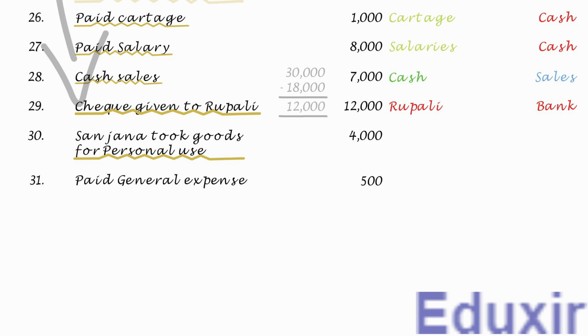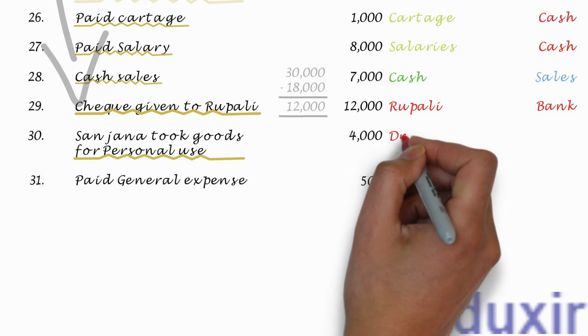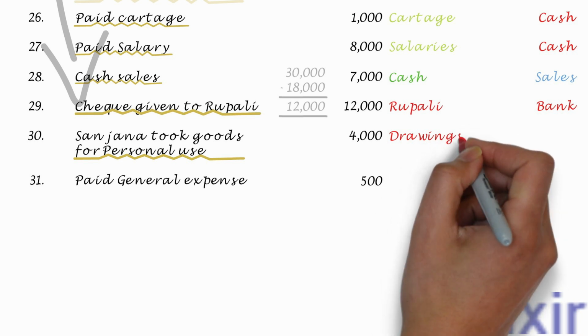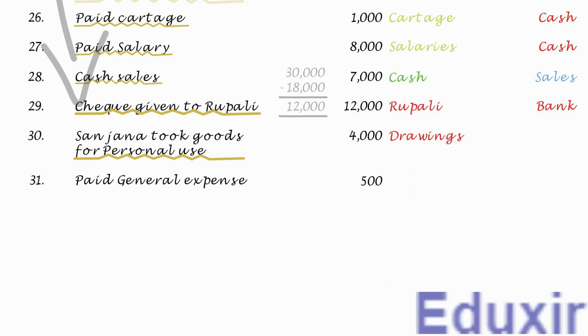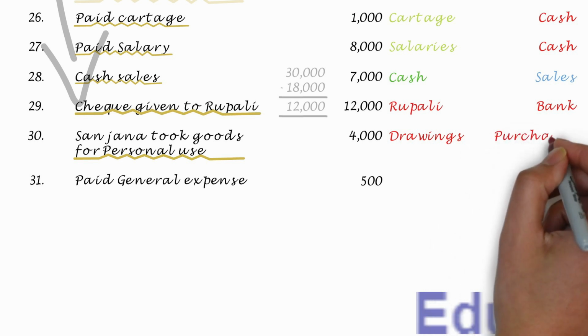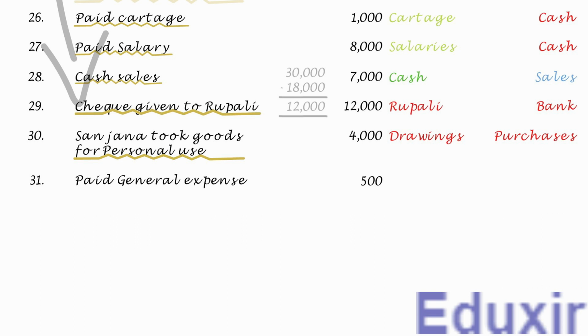With this information at our disposal, let us proceed with the analysis of this transaction. When the goods are withdrawn by the owner for personal use, it reduces the capital. The rule to record any decrease in the capital is to debit the corresponding capital account. In this case, the drawings account should be debited, not the capital account. At the same time, as the goods are withdrawn by the owner, the purchases, which are revenue expenses, are decreasing. The rule to record any decrease in the expenses is to credit the corresponding expenses account. In this case, the purchases account should be credited. With this analysis at our disposal, let us proceed with the journalizing of this transaction.